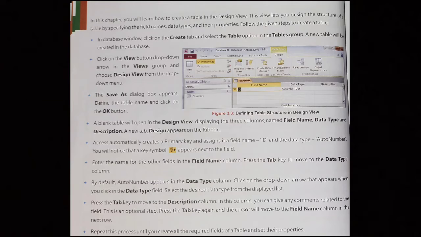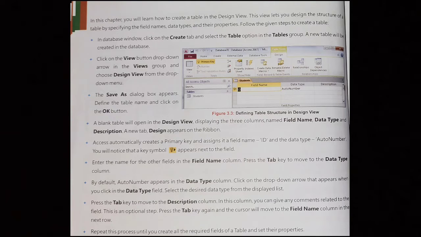The first step is to open a database and click on the Create tab on the ribbon, and now click on the Table Design option in the Tables group, and next a new table is inserted in the database and it opens in the design view, and a new tab named Design appears in the ribbon under Table Tools.